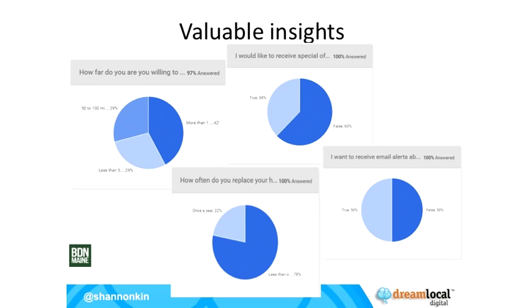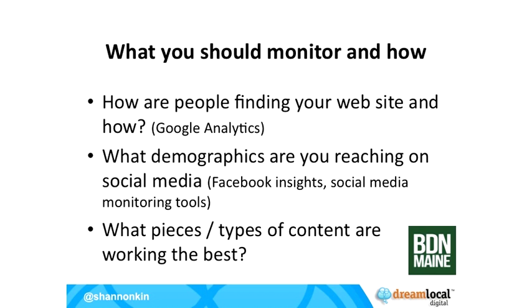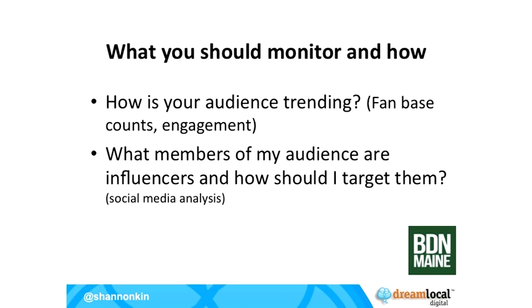Now, we're going to close, and I'm going to breeze by 3 quick slides for you. It's additional business intelligence that you need. If you want to measure ROI and know how you're doing, you really need to look at how are people finding you, what demographics are you reaching, what types of content are working the best, and don't be afraid to A/B test your content, your headlines, and time of day to tweak them to see if you can get better ROI. You should be knowing how your audience is trending. Is it growing? Are they engaged? Who is an